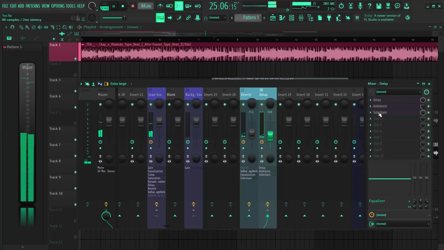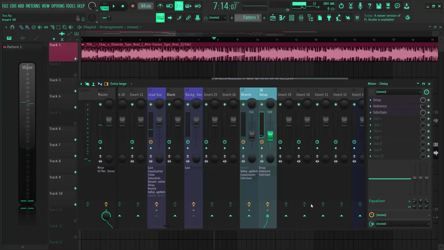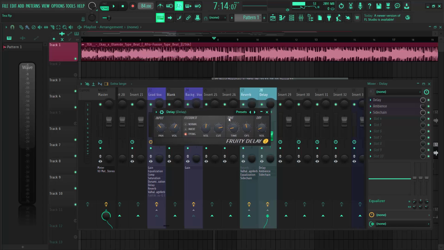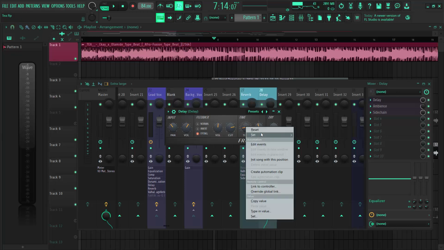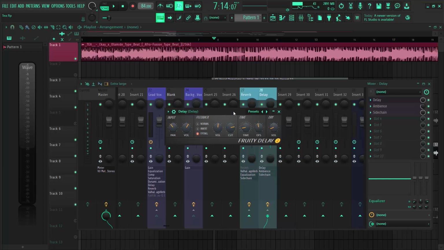Alright, she wasn't looking so nice. So coming to my delay, I did the same thing on my delay, and I have to sidechain just as normal, and then set my dry to this level. My timing was about 3, and then I just cut a little bit here and bring the dry all the way down and set it to ping pong, and that was all I did there.